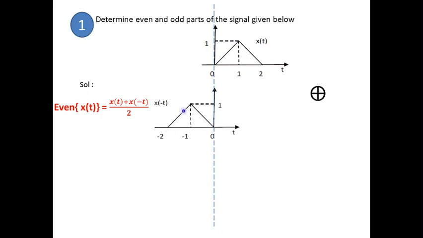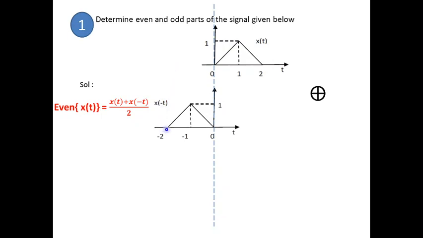Since it is continuous time, there are an infinite number of points, so you can take randomly 2 or 3 points where you perform the addition. Here this is actually a ramp signal. A ramp signal plus 0 amplitude will definitely be a ramp signal. There are different ways of performing the addition from different perspectives, so you can follow any one.